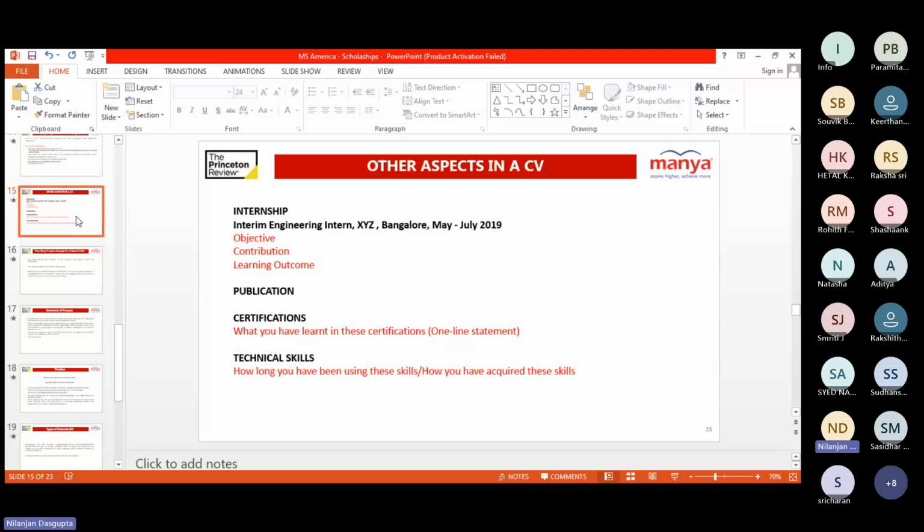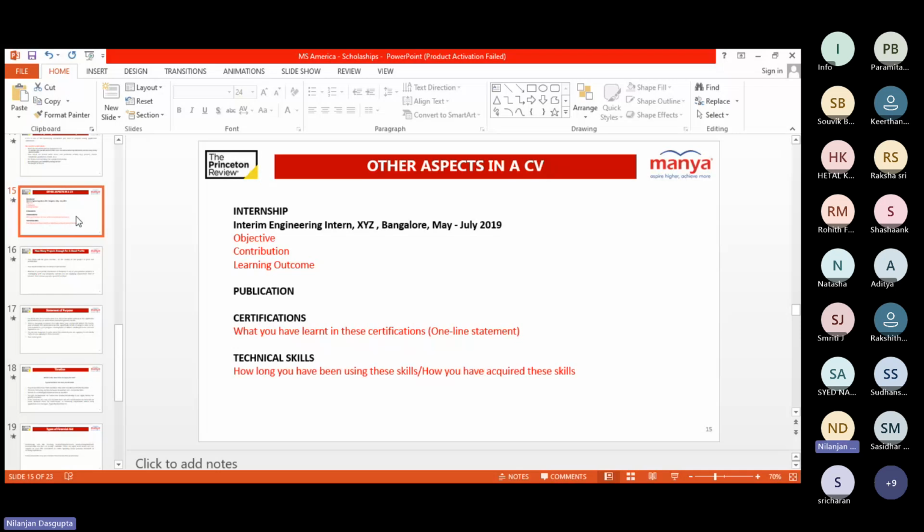Certifications: please write whatever certifications you have and what you have learned in that certification within one bullet point, like one statement. Technical skills: I have told you that you need to mention your technical skills, like the tools that you have used, maybe AutoCAD, maybe CATIA, maybe some other mechanical tools, maybe some computer programming, and how far you have used it, how long you have used it. Or you can also mention operating systems that you have used, for how many months and so on. So you should be able to prepare your CV such that it gives good, transparent information